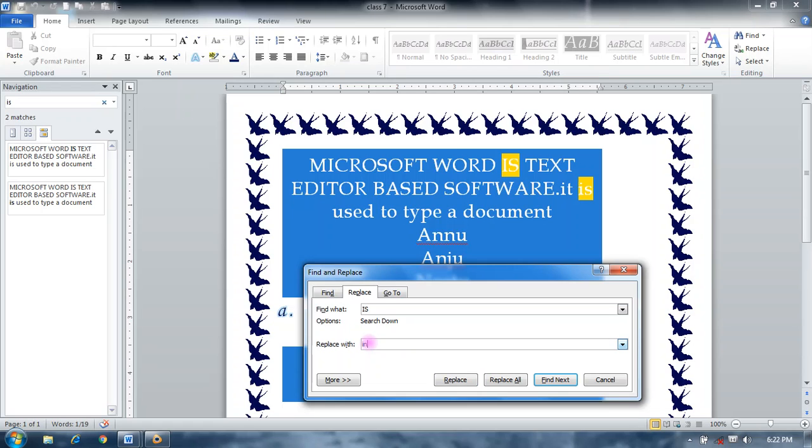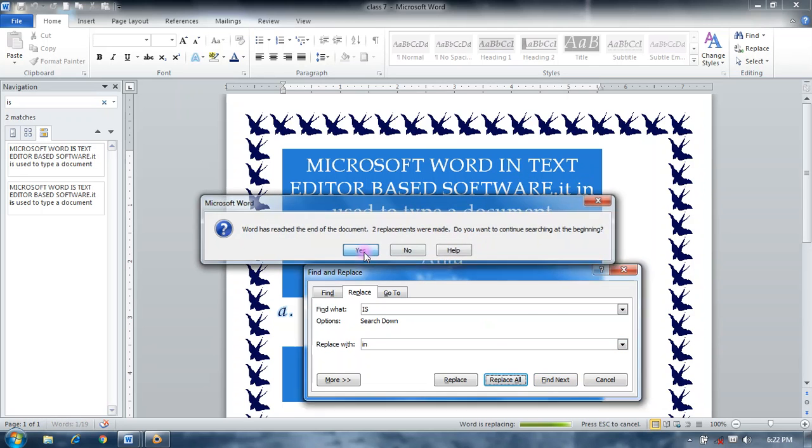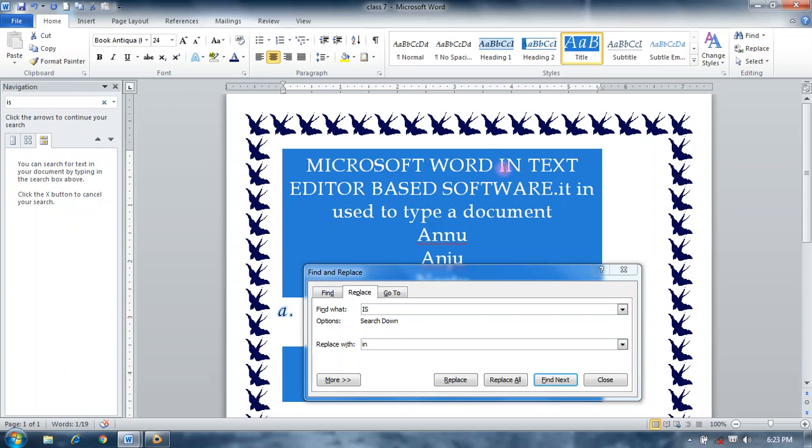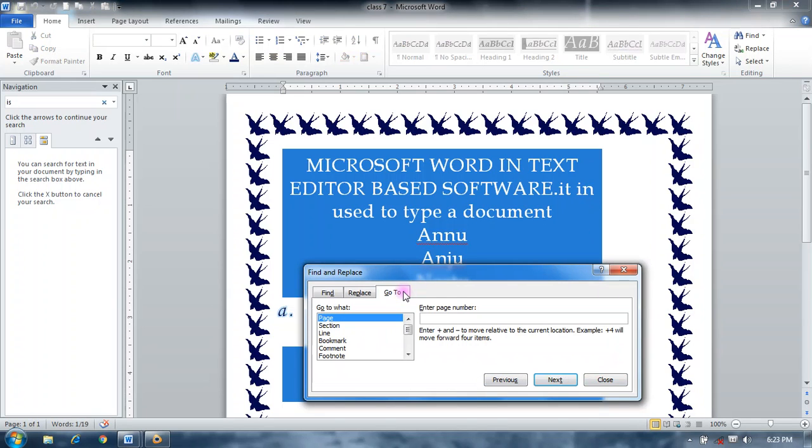"in", then replace all. Yes, you can see it is replaced with "in". Go to is used to go to a page number, section number, line number, bookmark number, or comment number.